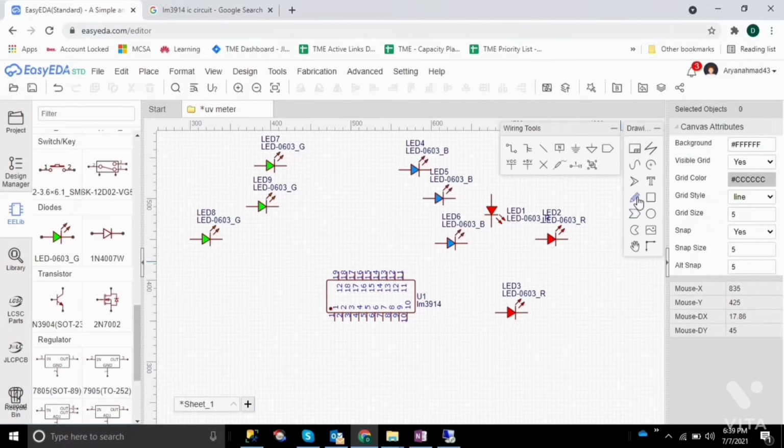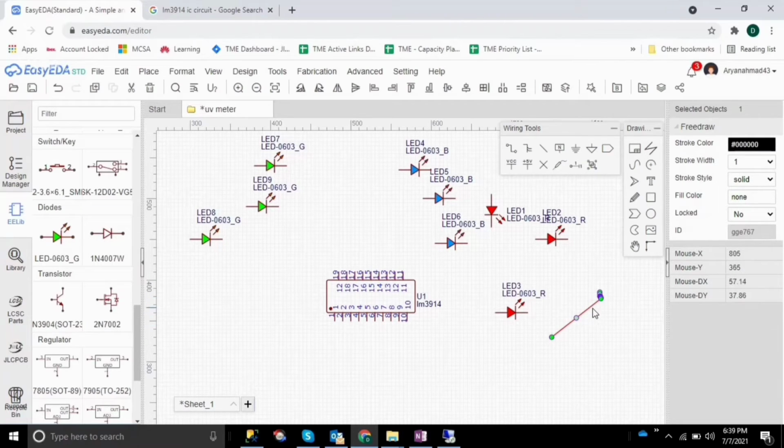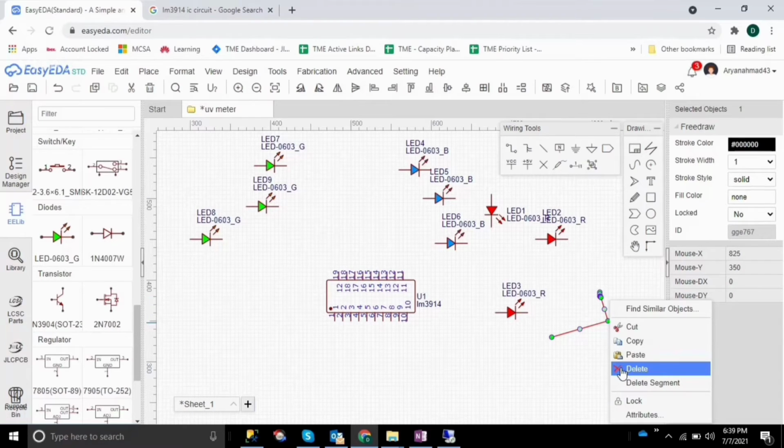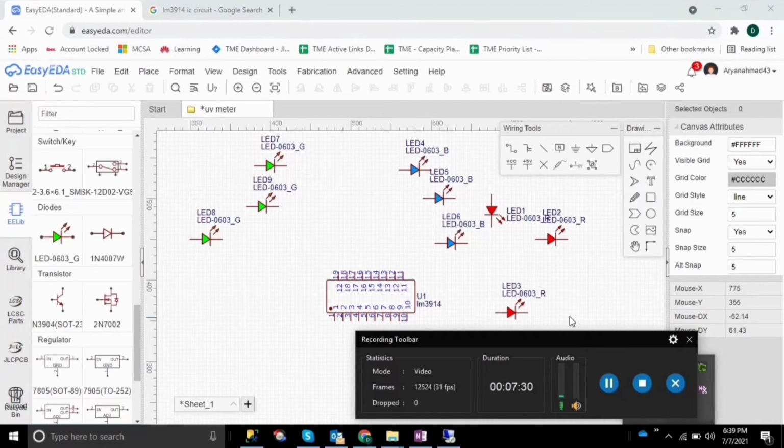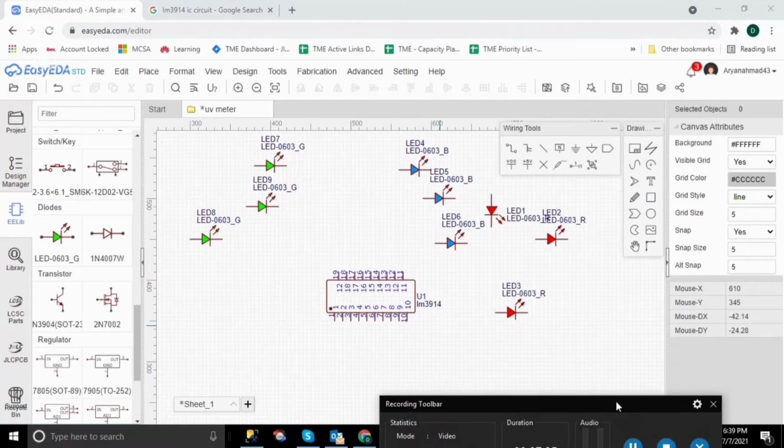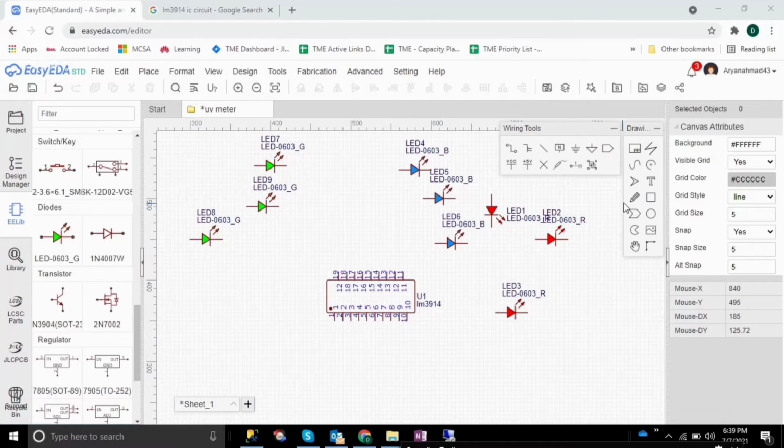This time you can use this line to draw the circuit, or you can use this pencil to draw the line. This line is a little bit twisty, so if you make this twisty line the proper way, you can see there are too many nodes.